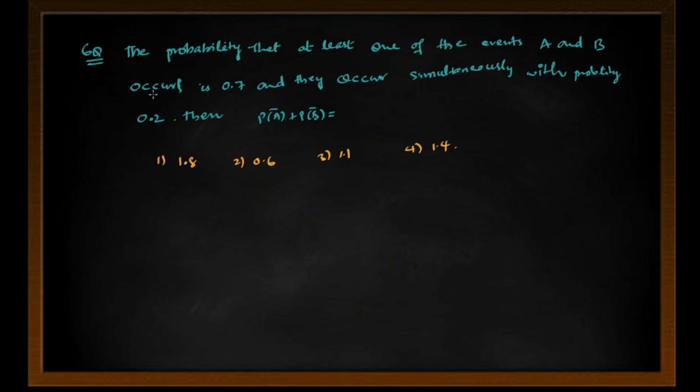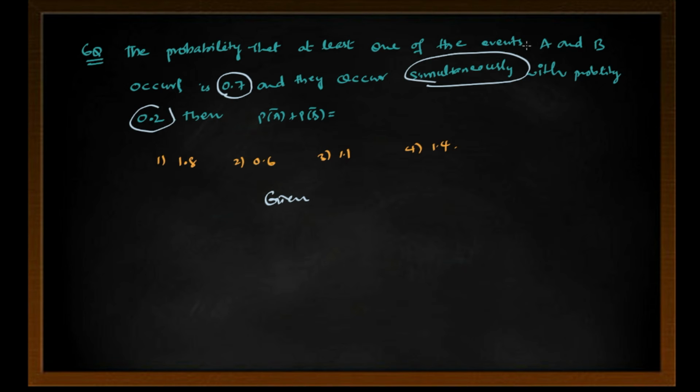Next question: the probability that at least one of the events A and B occurs is 0.7, and they occur simultaneously with probability 0.2. Then find the value of P of A bar plus P of B bar. So, given here,